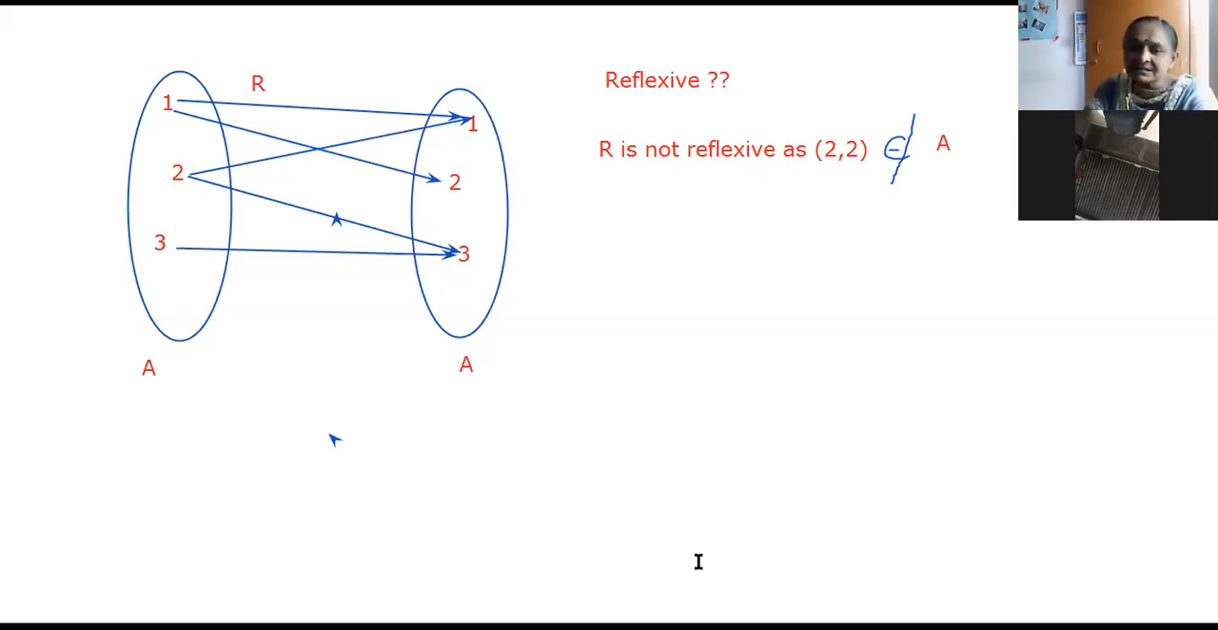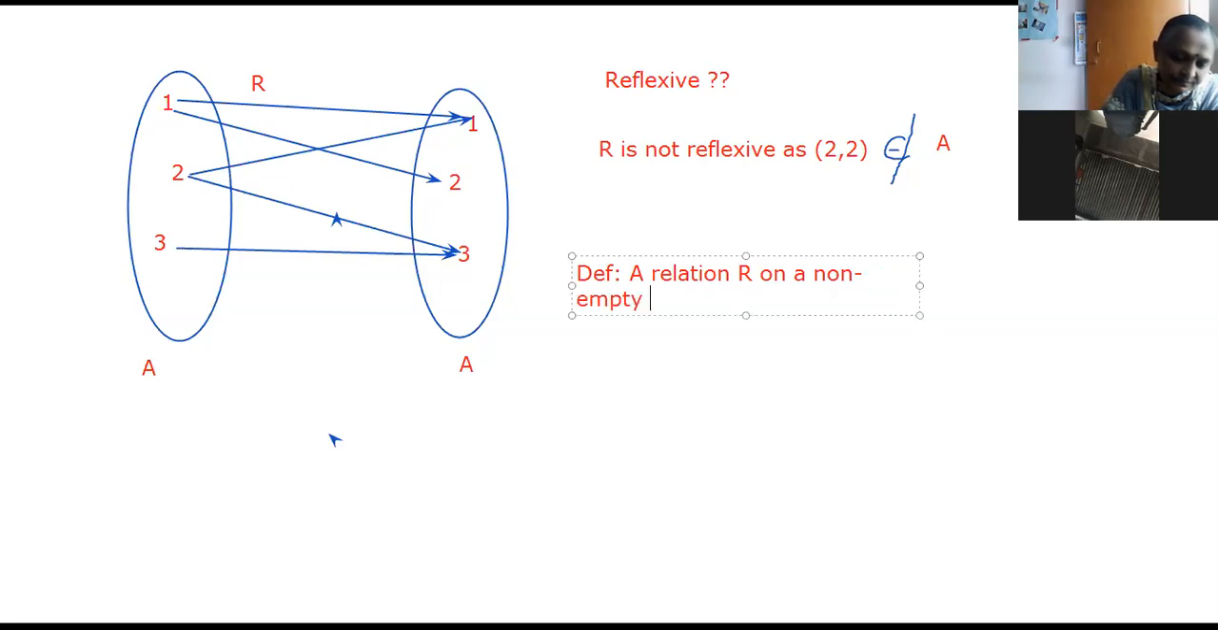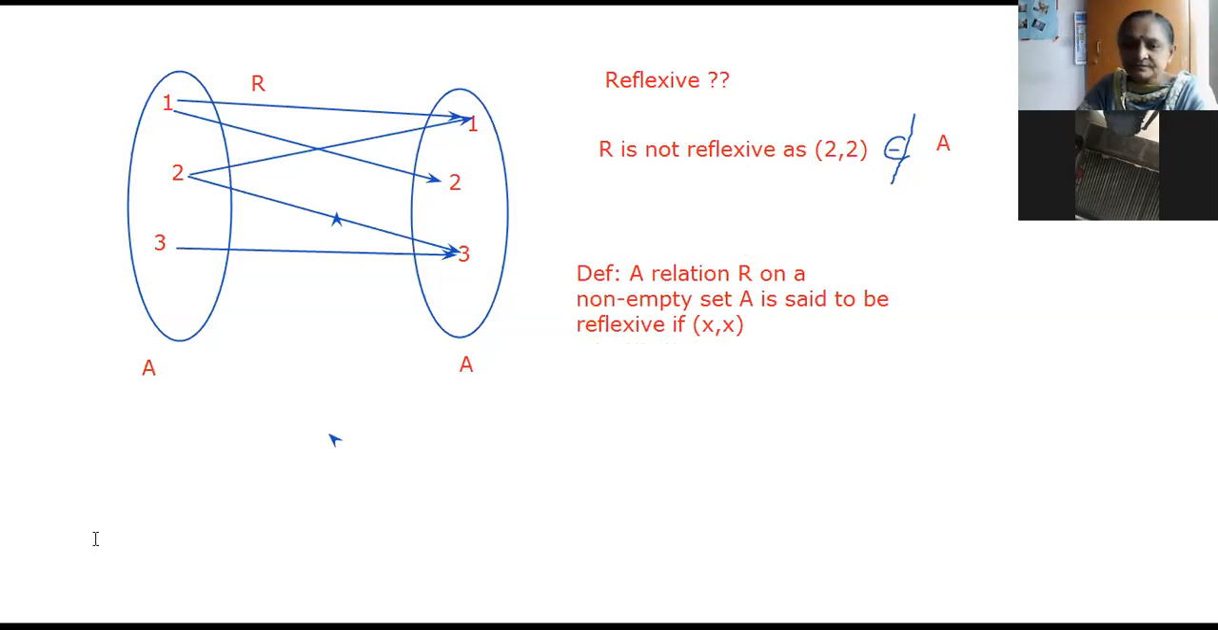So which relation is a reflexive relation then? So the definition of reflexive relation: a relation capital R on a non-empty set capital A is said to be reflexive if ordered pair (x, x) belongs to